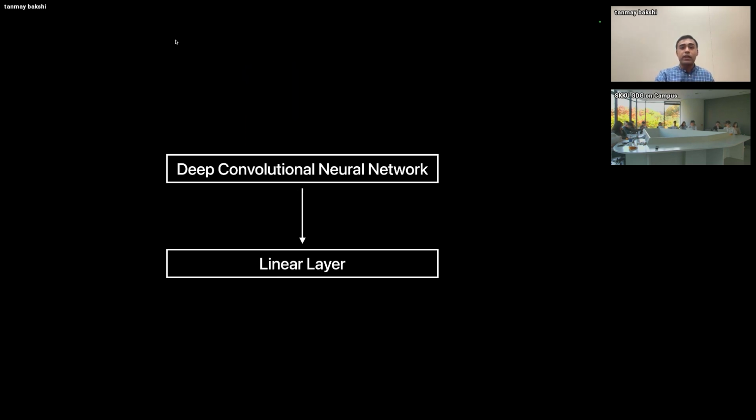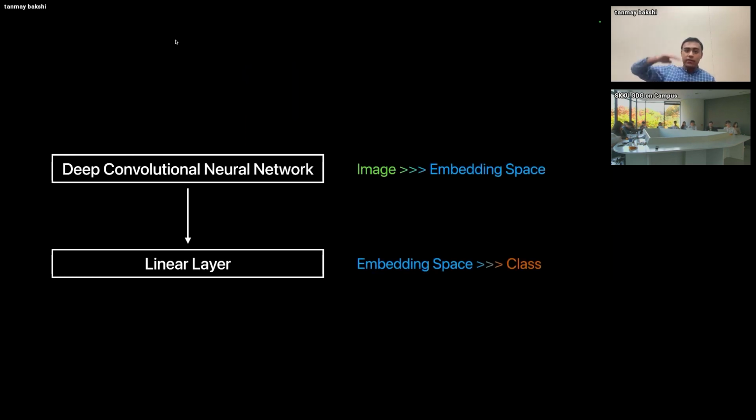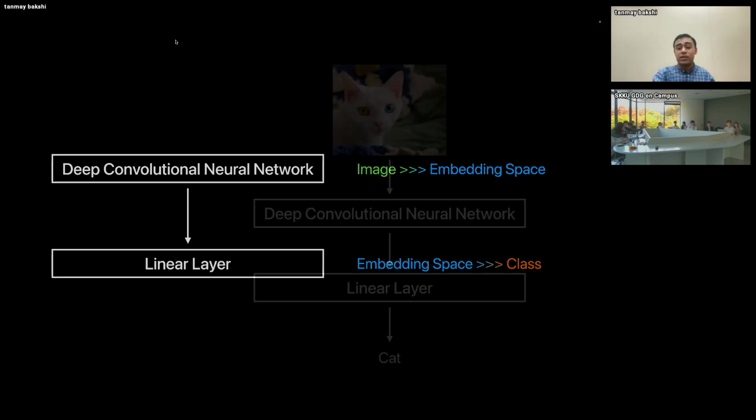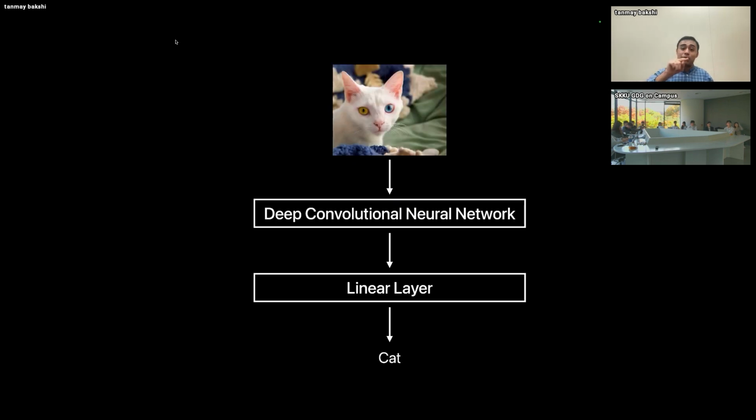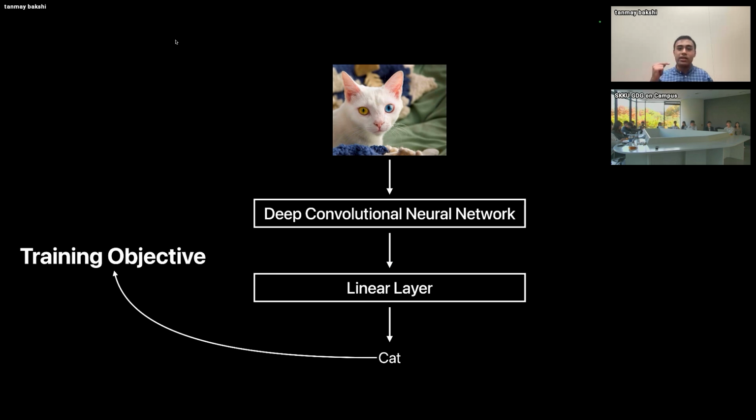And what you're effectively doing here is you're taking this whole sort of head of the model, the first part of it, and you're using it to transform your image into what you call an embedding space. This is the part of the model that's able to take your image, your input, and bring it once again into a space where it is linearly separable. And then finally, all you're doing is figuring out which cluster your data belongs to. Effectively, that's your training objective. Your training objective is to say, given the final representation of this input data, what category does it belong to?